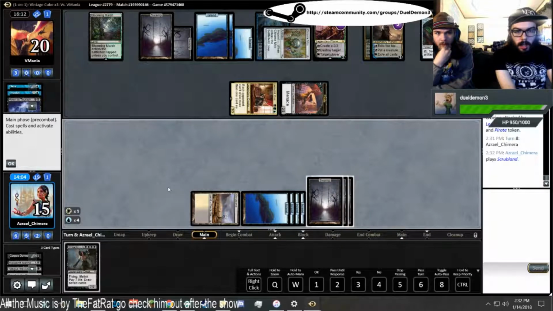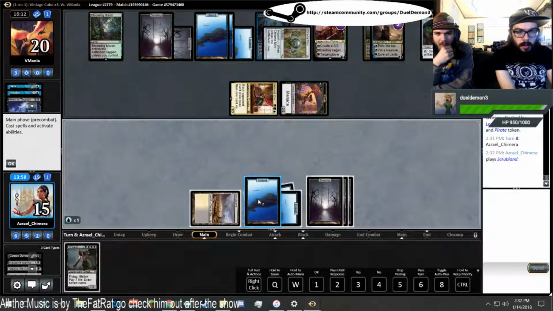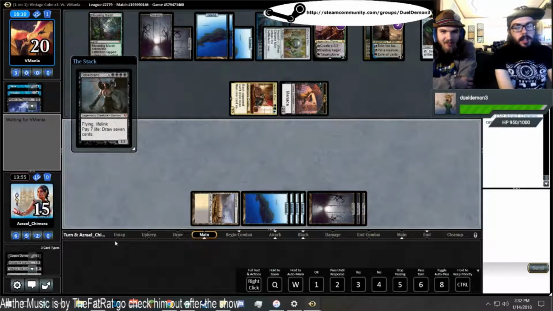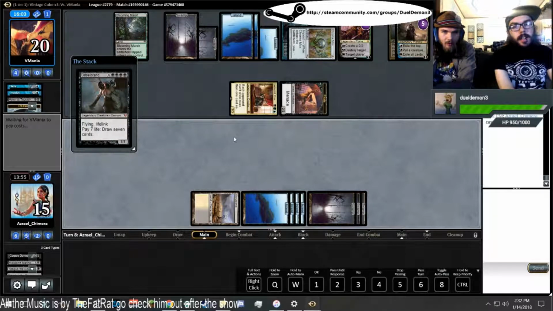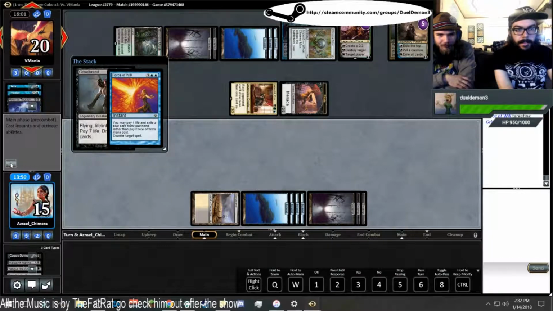I need to tap that Scrubland for black. Yeah, the correct mana color would probably be right. We definitely need Grizzlebrand here. So if this is Mana Drain, we actually just die. If this is Mana Drain, we are so unreasonably dead. Pitches the treasure. This is Force of Will. Okay. Well, we still just...